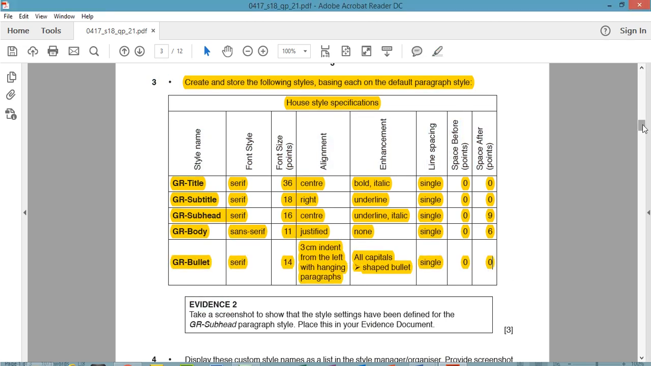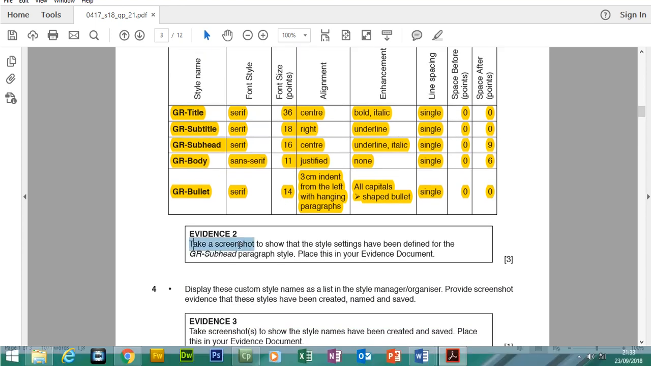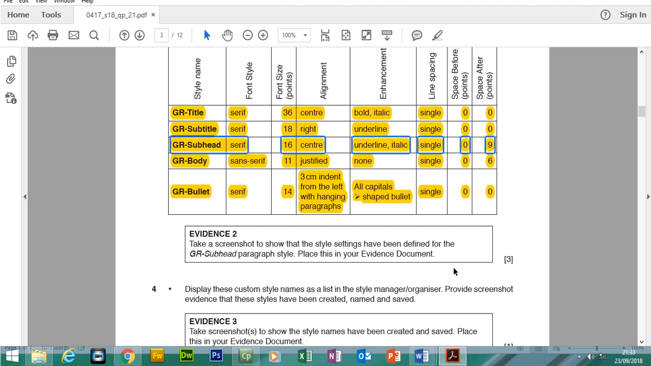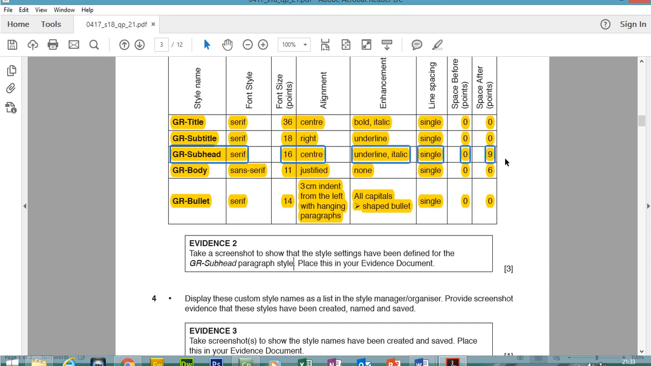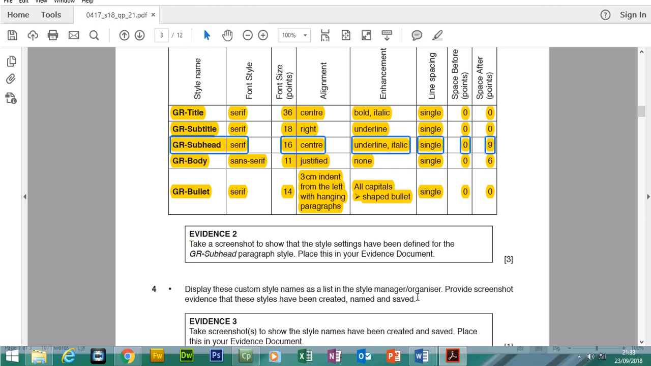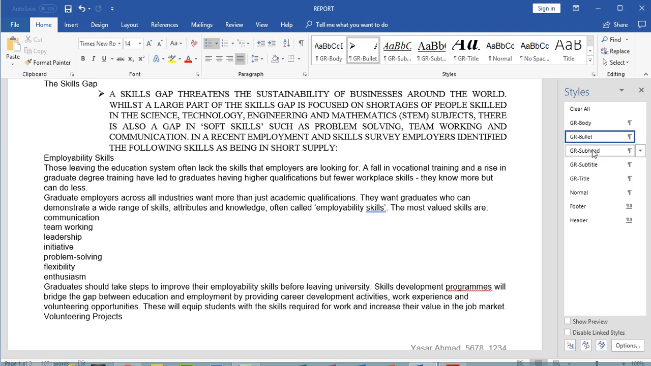Let's just highlight that. So for evidence 2, take a screenshot to show the style settings have been defined for GR subhead paragraph style. So we need to show this one here and then show that in our evidence document. Because we've got space after, we need to also show evidence that we've included space after. So if you go to your Word document, GR subhead, so if we just modify this,